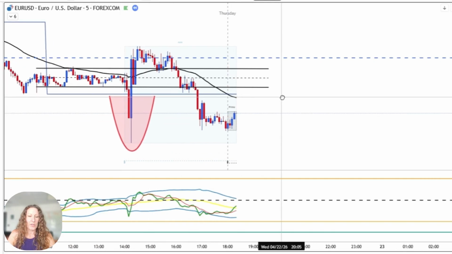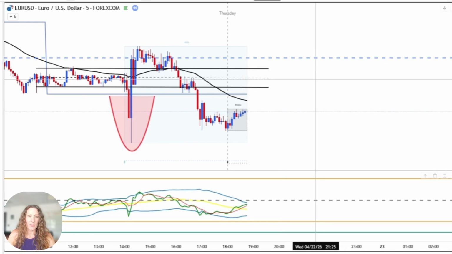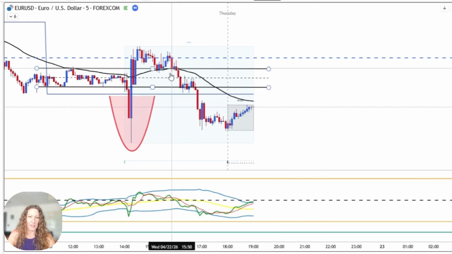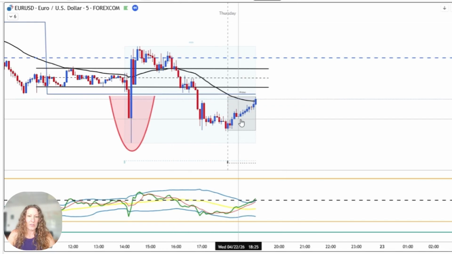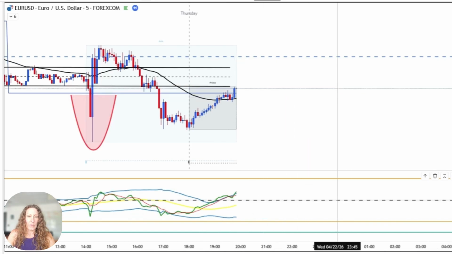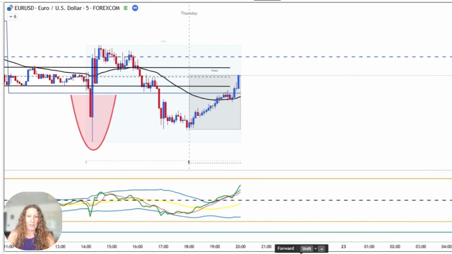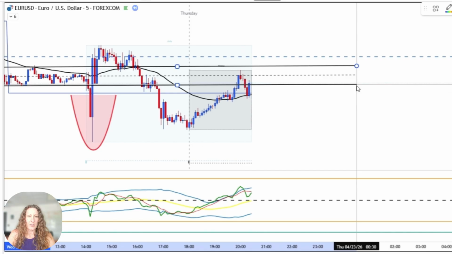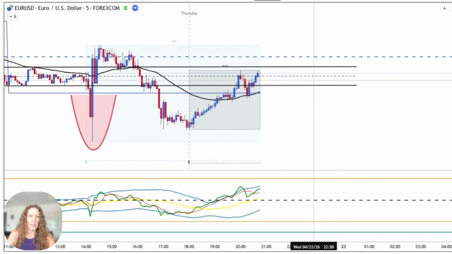All right, now prime window is open. And I am looking for shorts. Man, I really think that this right here is the entry though. So we are going to be in a continuation entry here in the prime window. So let's see what happens. It's already climbing up. So I'm going to be looking for an M above the 50, which we're getting there. Let's see. Back into this channel.